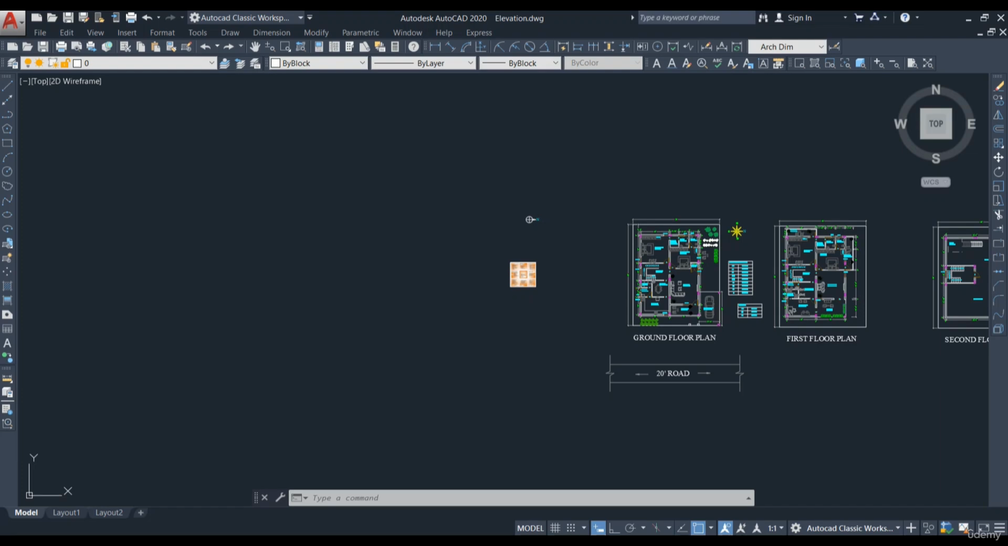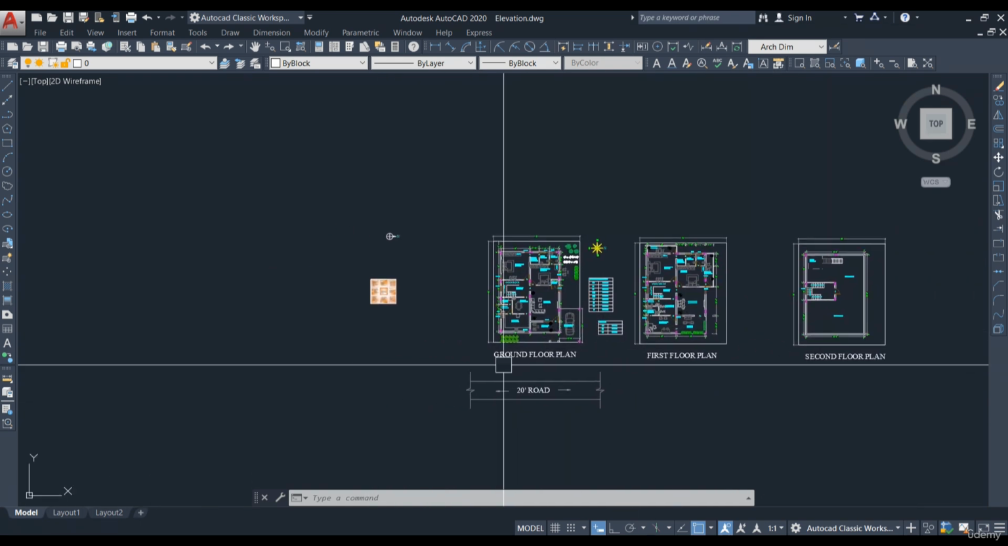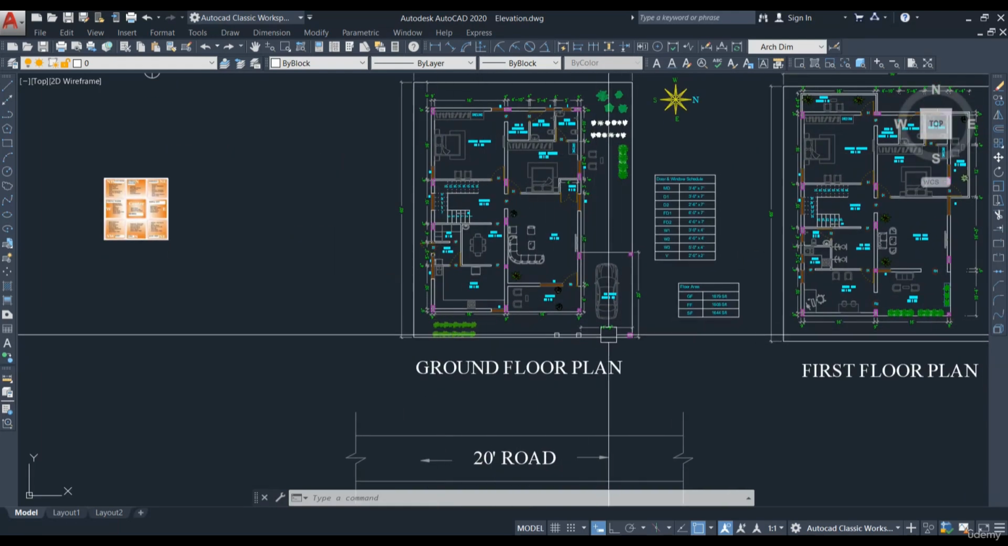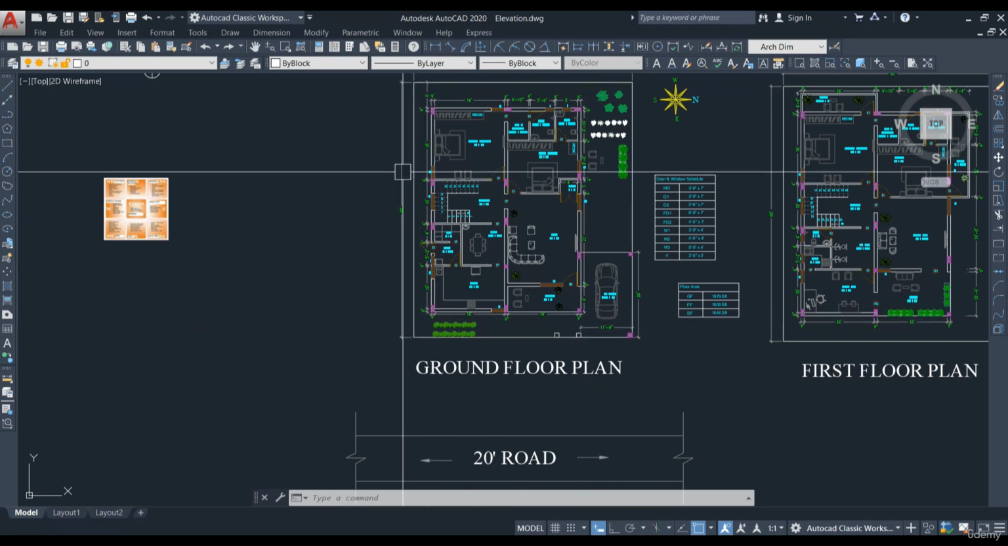In this lecture we are going to learn how we can make the elevation. In the previous lecture we have completed the floor plans. For the same floor plan we are going to make the elevation. First let's start with the east facing elevation. This is the road facing for us. So we are going to draw the front elevation and then we can move to the side elevation, that is